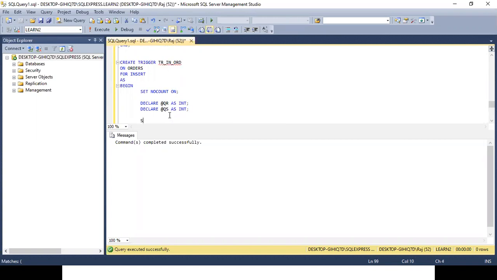Now I will say set quantity required is equal to select qty from inserted.